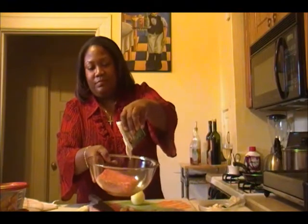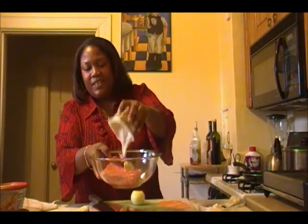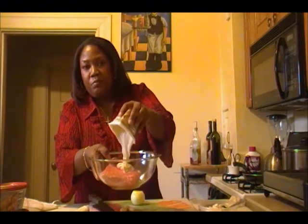So the other thing that's really special about this product is that it's spoonable. Let me show you what I mean. It pours. In my bowl right here, I have 1 pound of lamb. I'm going to pour this entire 10-ounce package of the Italian cheese and herb cooking cream with my lamb, and I'm going to mix it up. Watch how this pours. See what I mean? It's spoonable, it's pourable,